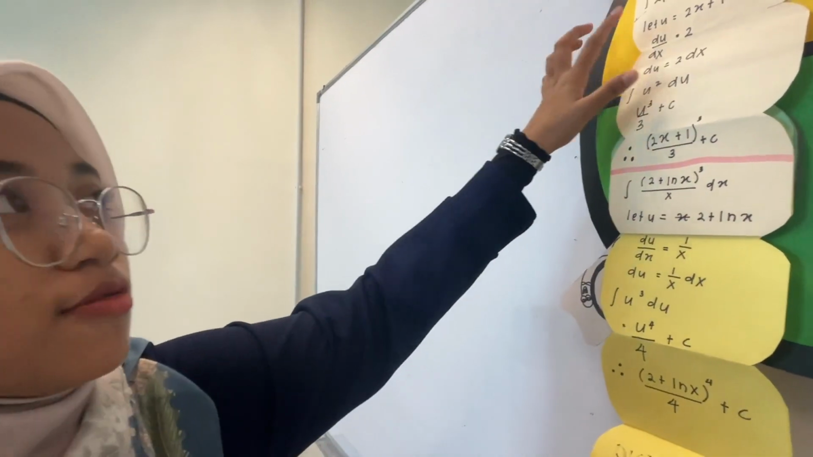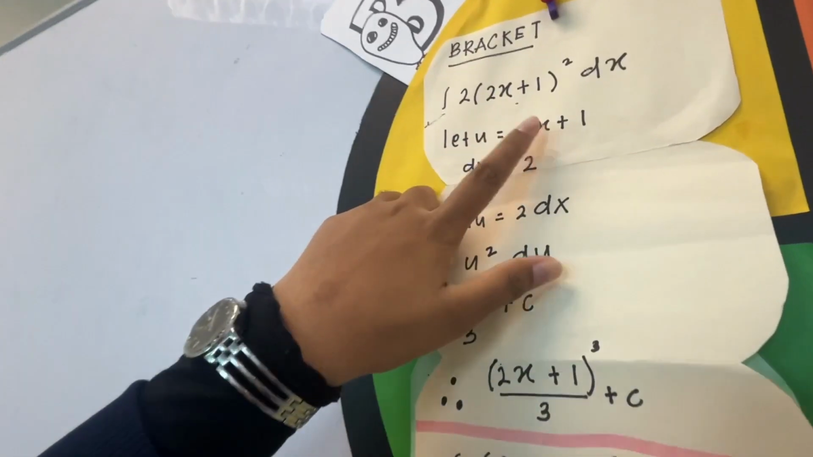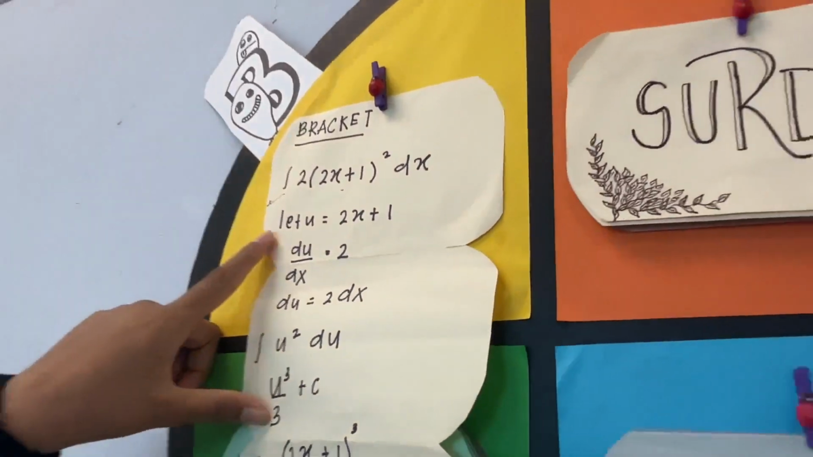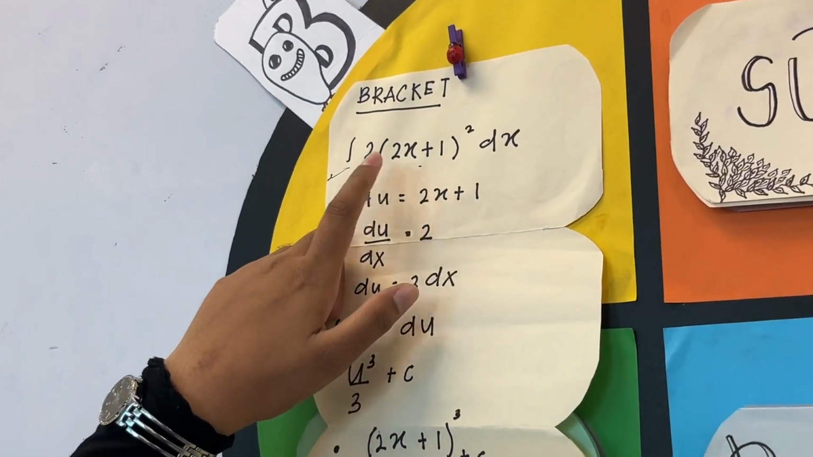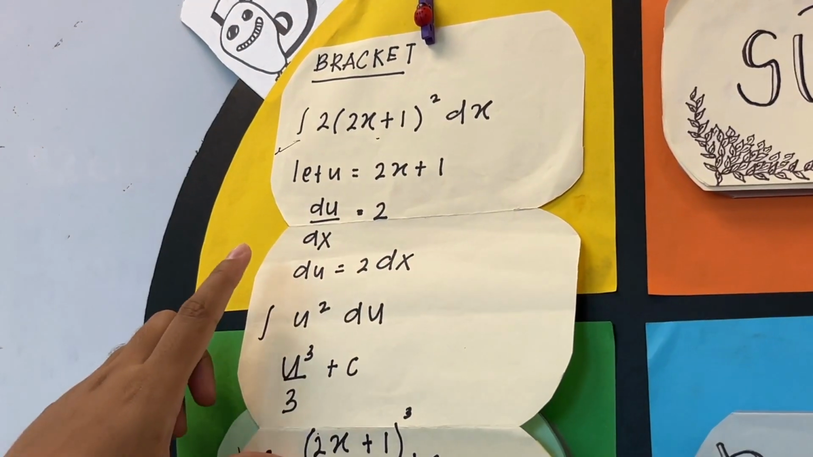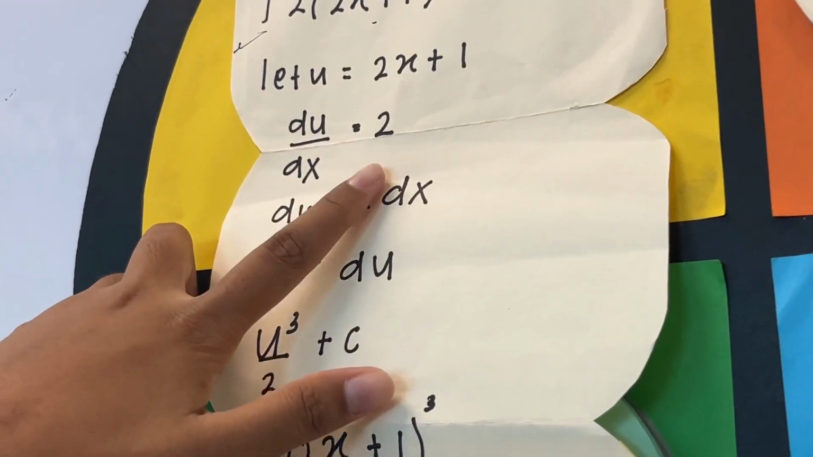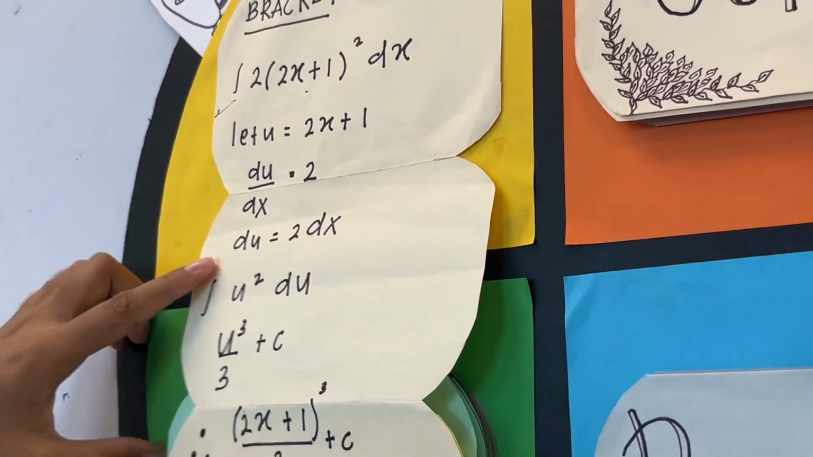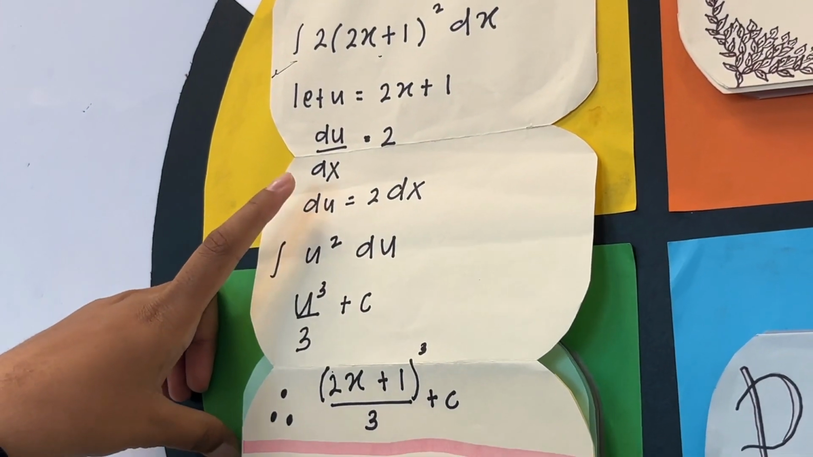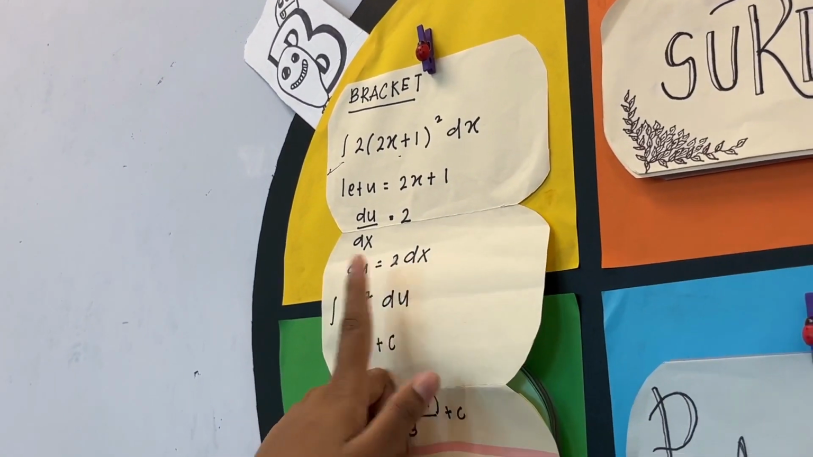Okay, so this is our first example. We have 2 in bracket 2x plus 1 squared dx. First we have to let u be what is in the bracket. So we get u equals 2x plus 1, and then we differentiate and get 2. Then we move dx to this side and we get du equal